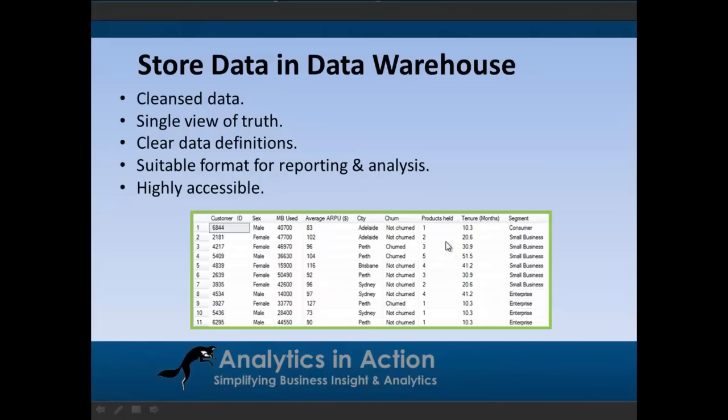A lot of traditional relational database systems tend to have information smeared across multiple tables within a database. Data warehouses often have a much simpler structure, and it's much easier to access that information. So for example, a